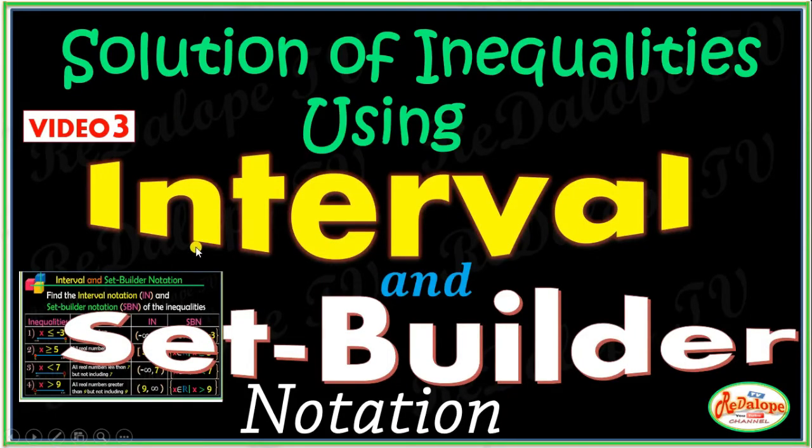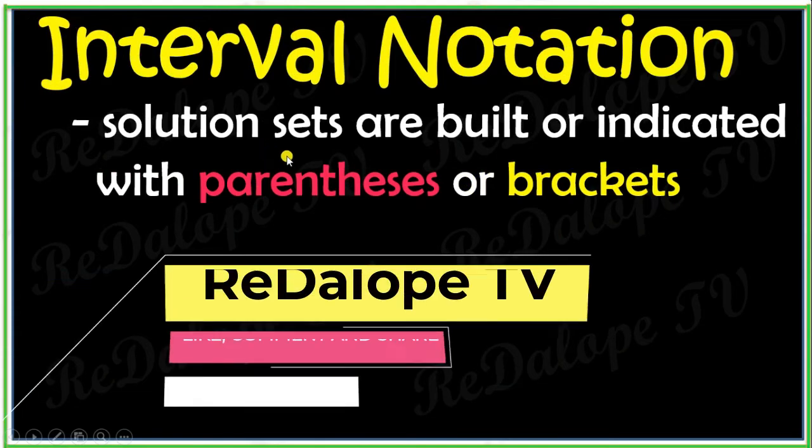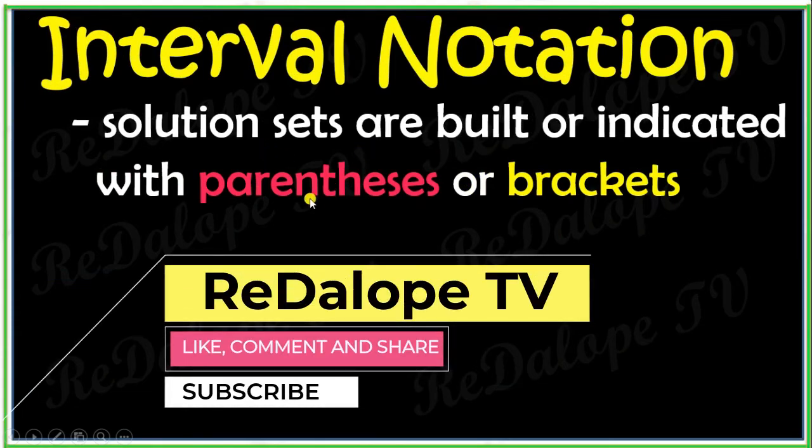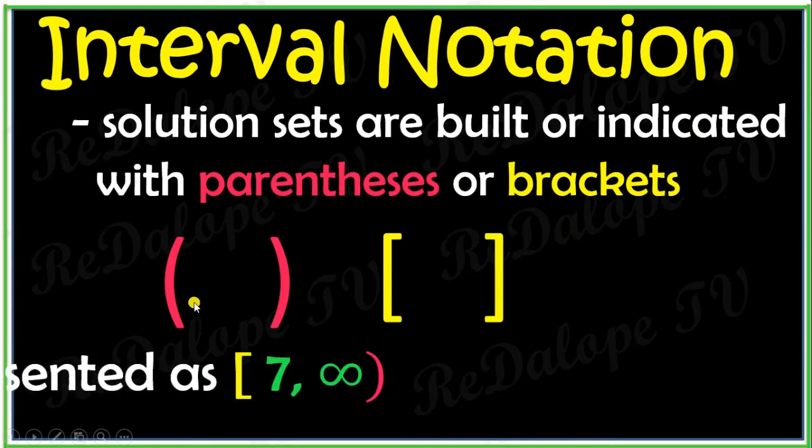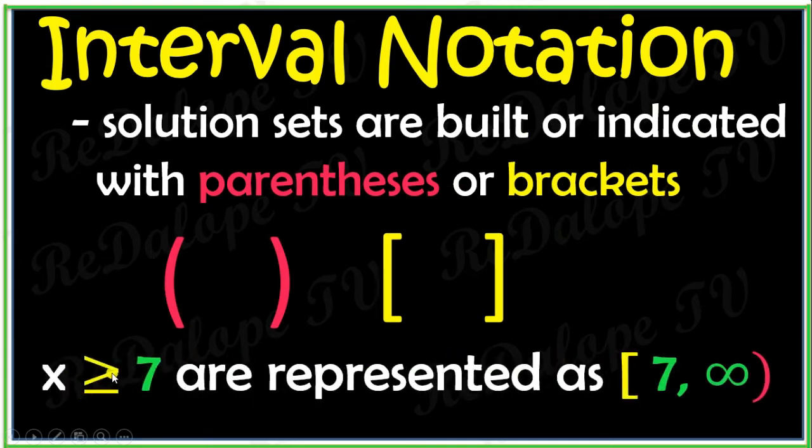Another commonly used and probably the most concise method for describing inequalities are called interval notation and set builder notation. With this convention, especially interval notation, solution sets are built or indicated with parentheses or brackets. Each symbol has a distinct meaning. The solution to the inequality x greater than or equal to 7 is represented as open bracket 7, comma, infinity, close